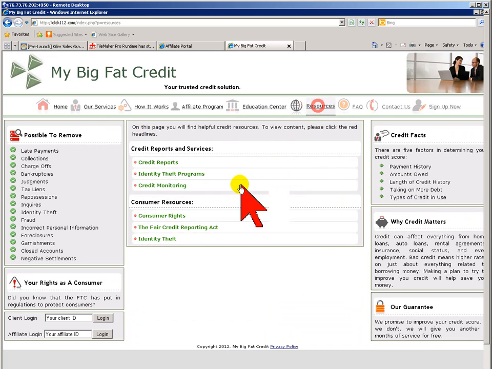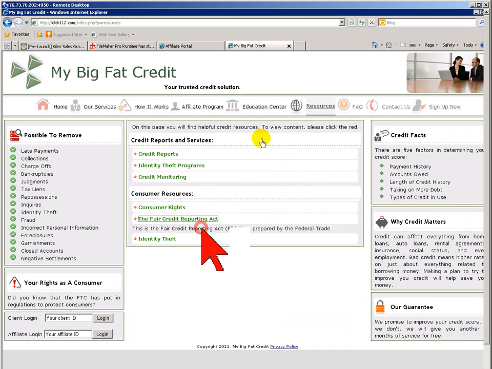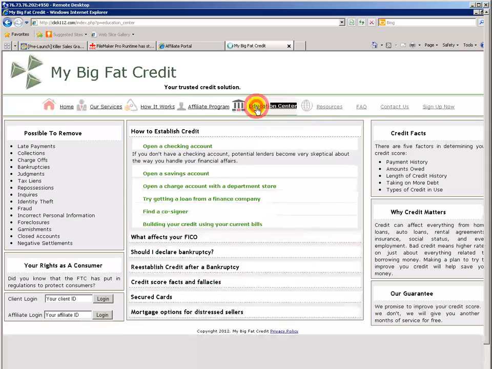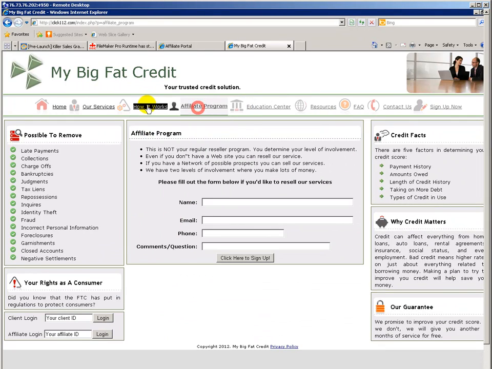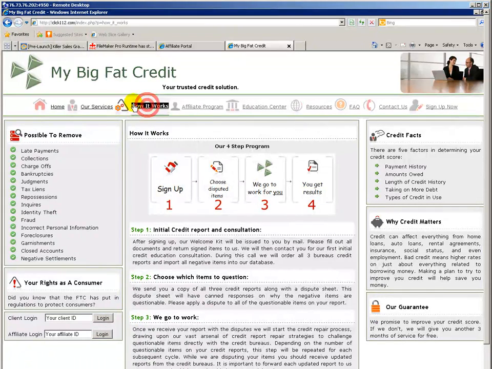Resources area, education center, and affiliate sign up, so to sign up your affiliates, and other areas. One of the most important features of this website that will be yours forever is that it has an integrated website editor, so you can change the content of all the areas in the website, including the logos and images,